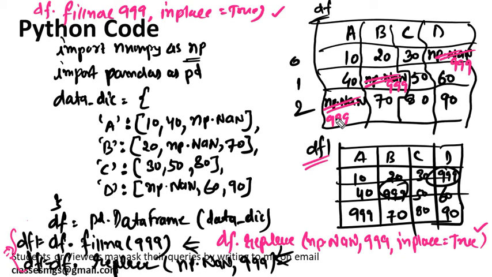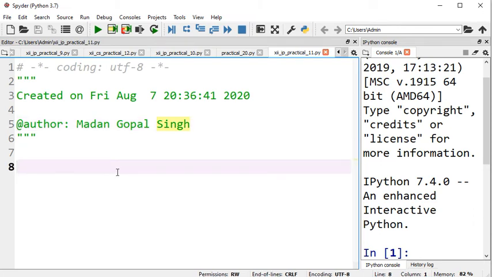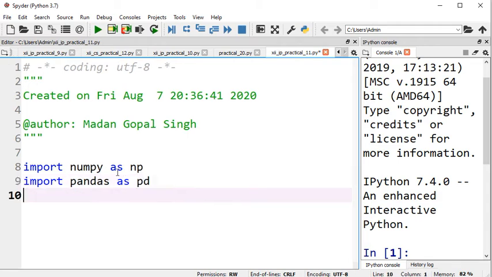Okay, so remember this. Now we can go ahead and run this in the Spyder editor so that you can get a clear understanding. So I am closing all those and opening the Spyder editor. Here you will see. First you need to import numpy as np, and then import pandas as, let's suppose, pd, and then you will create some data_dic, and let's suppose we want to create some data frame here.